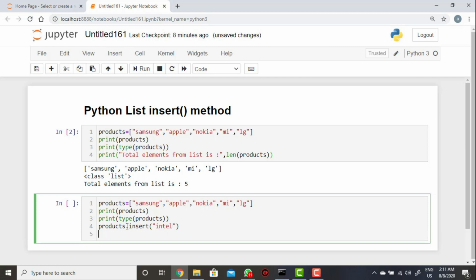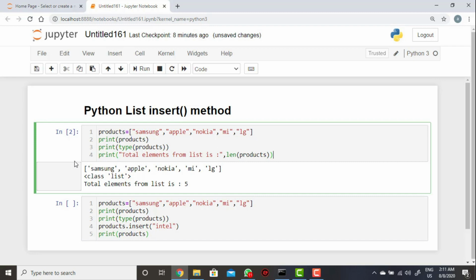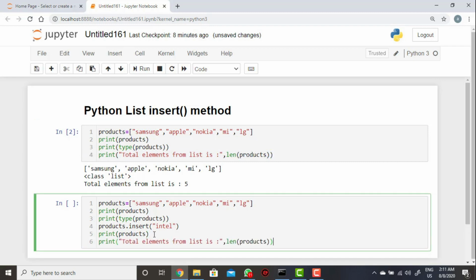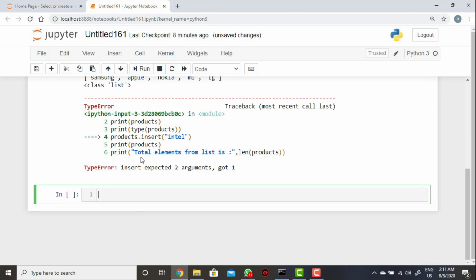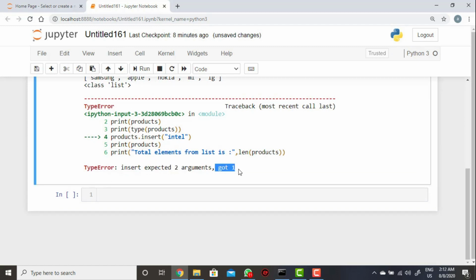So when we execute, print of products, and display how many elements there are. Then see here, insert expected 2 arguments, got 1.